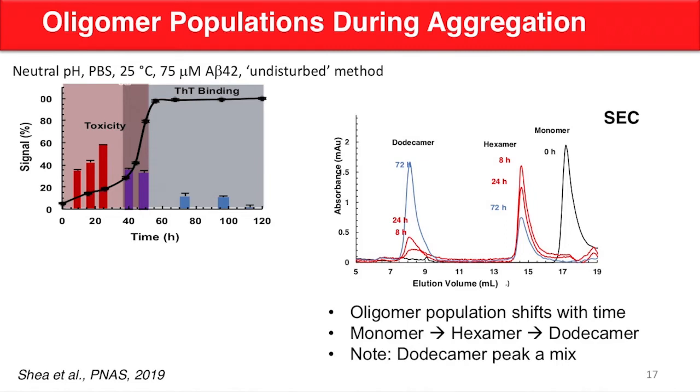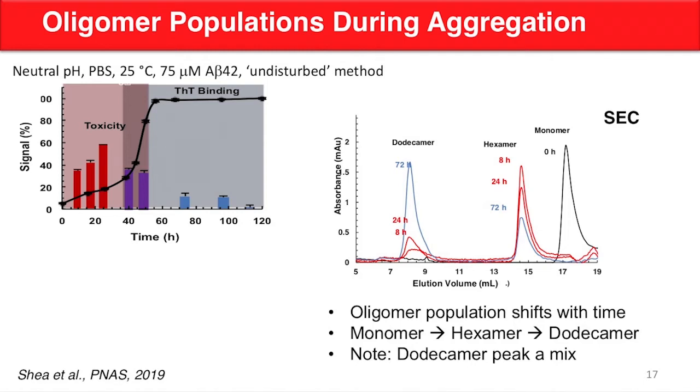So in the next slide, we just wanted to break down and see what the species were in this. So we have size exclusion chromatography shown on the right-hand side of the graph. And as we start with the black curve, we have monomer. At 8 hours, which you can compare over with the plot on the left, you can see the toxicity is increased. It increases further at 24 hours. And you can see that the curves, we get what corresponds to hexamer, and then a buildup of something,